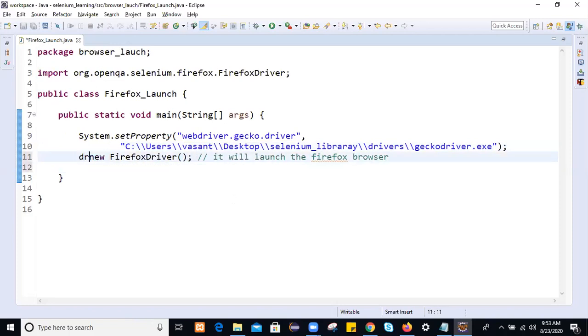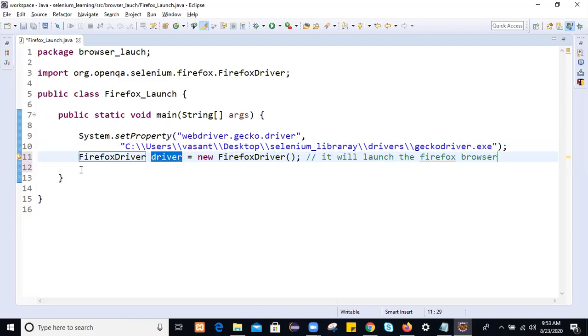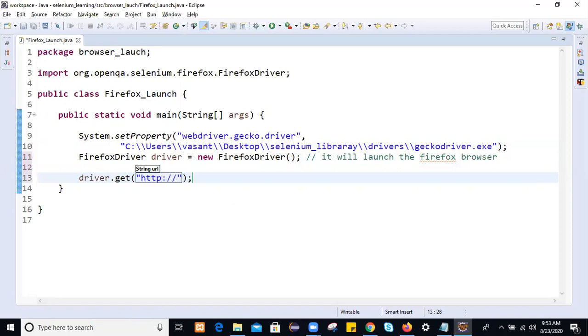This is the driver. I will create a reference for Firefox so that I can navigate. I want to launch Firefox as well as navigate to any server. Just use the driver.get method. Let us suppose Facebook, www.facebook.com, is the application under test.